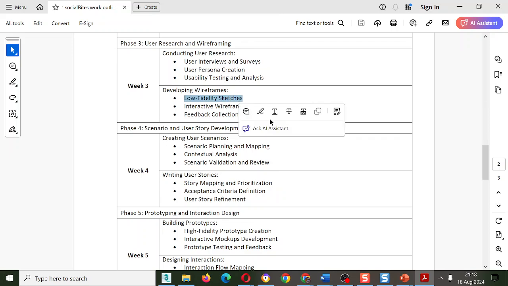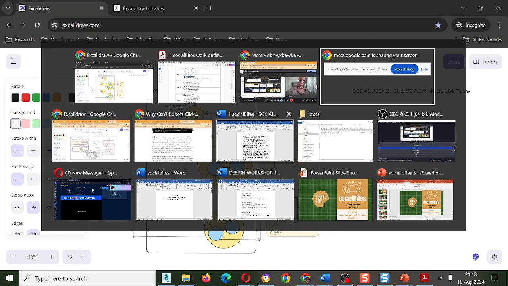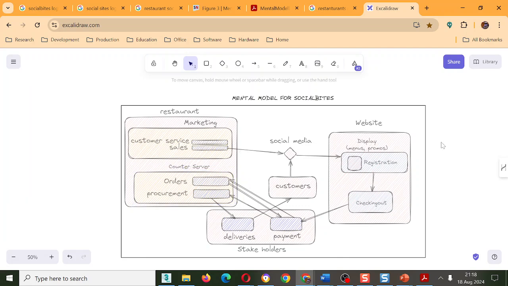So low fidelity. Low fidelity is what I'm showing you here. These are low fidelity wireframes. This one. This is low fidelity. You see, psychologically, and you have to understand the psychology of design, Nelly, when you put a rough drawing like this double line treatment here, when it looks rough, the client treats it differently. They know it's changing. It's just rough. It's not final. If I start coloring this now with solid colors, borders, and it doesn't look rough, then the client reacts with it differently. So I don't want them to react.